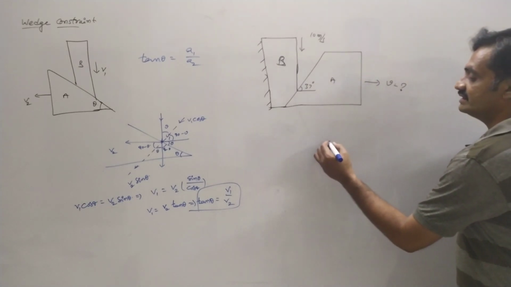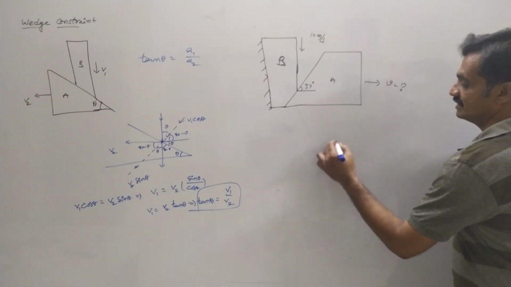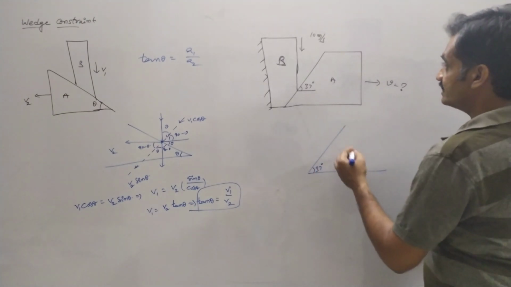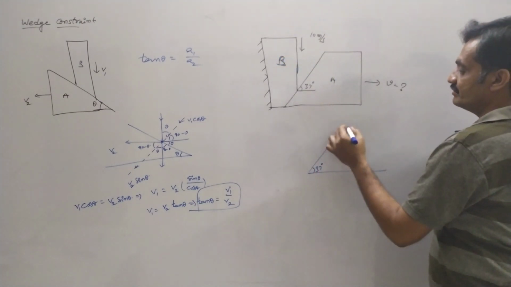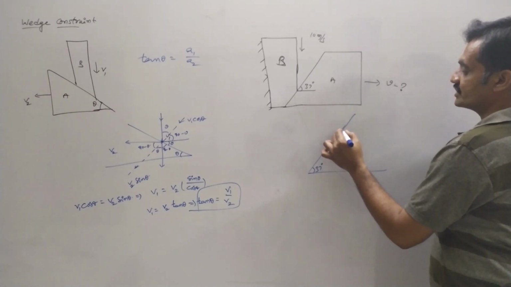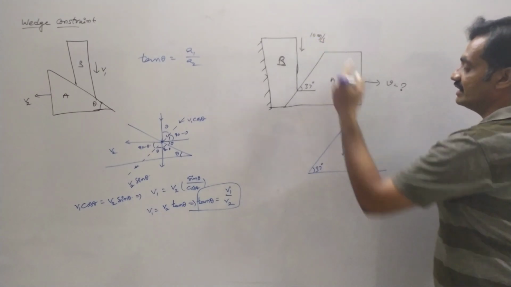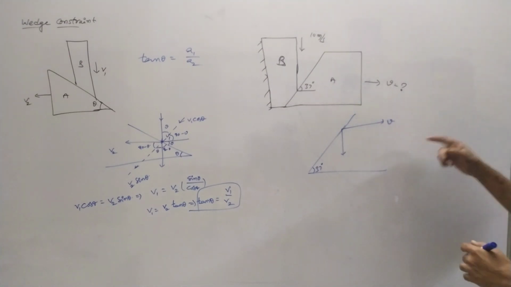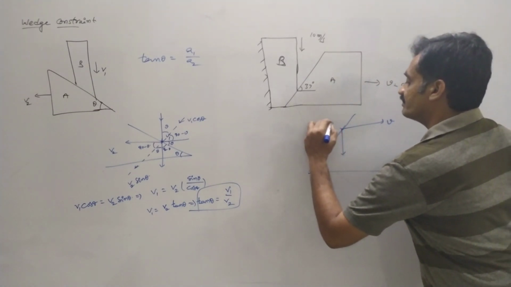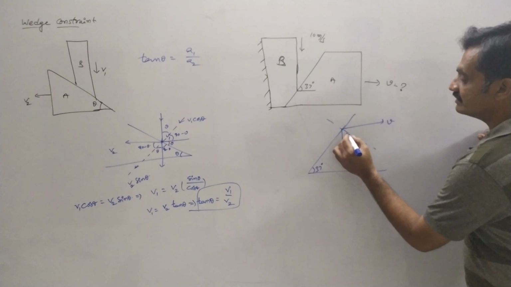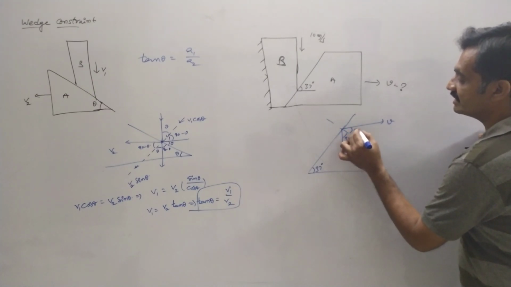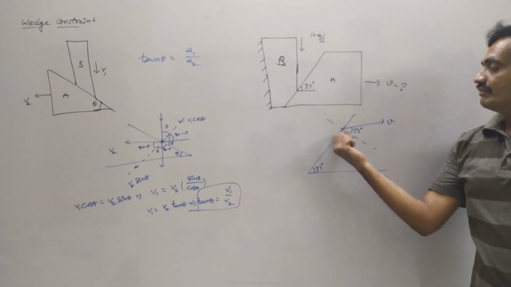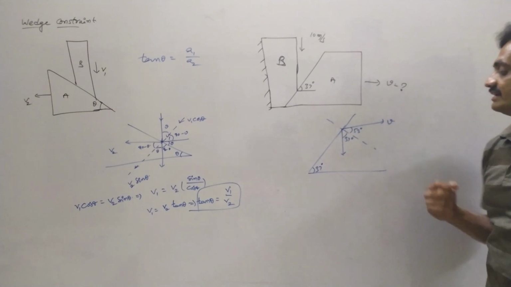So in order to find this, observe that we consider this block with an angle of 37 degrees. Observe this, the wedge B is moving in the downward direction with a velocity of 10 meter per second, whereas wedge A is moving with a velocity of v. Now here observe that we have to consider the perpendicular. So here we have 37 degrees, so automatically here we have 53 degrees. Now we have to find the velocity v based on this perpendicular.